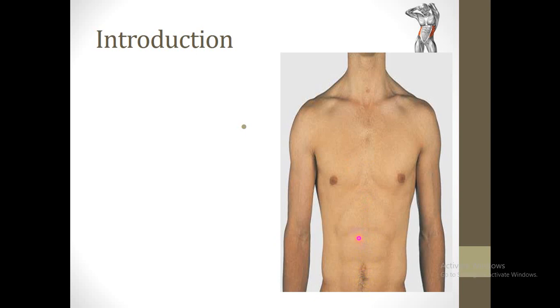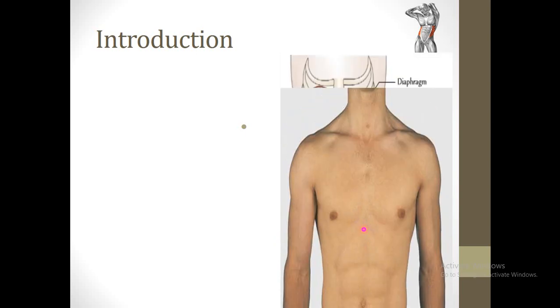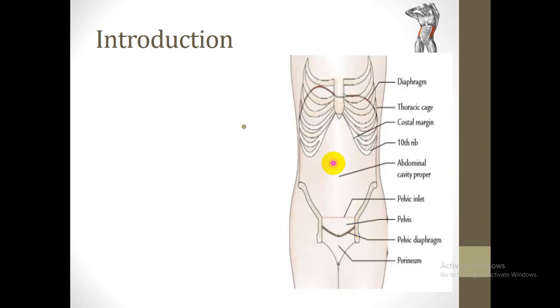The abdominal cavity is much more extensive than what it appears here in this picture and from the outside, because it ascends behind the costal margin up to the diaphragm from above and continues with the pelvic cavity downward. So a considerable part of this cavity is overlapped by the thoracic cage from above and the bony pelvis from below.